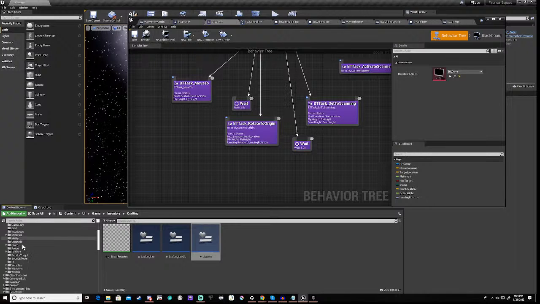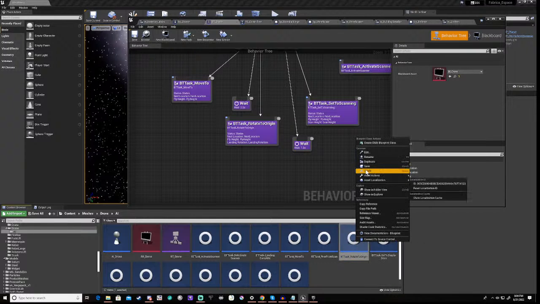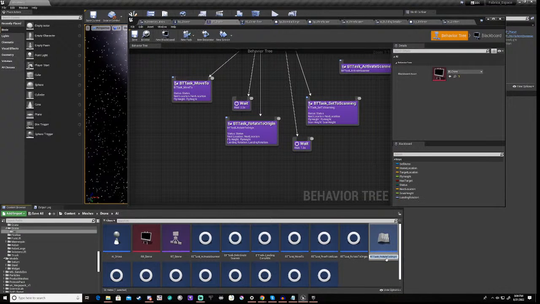So what I'm going to do here is grab the drone AI, right? And I'm going to duplicate it, and this is going to be actually going to be,